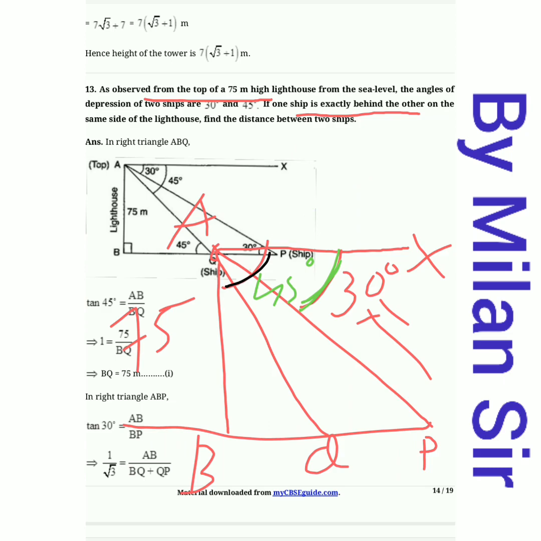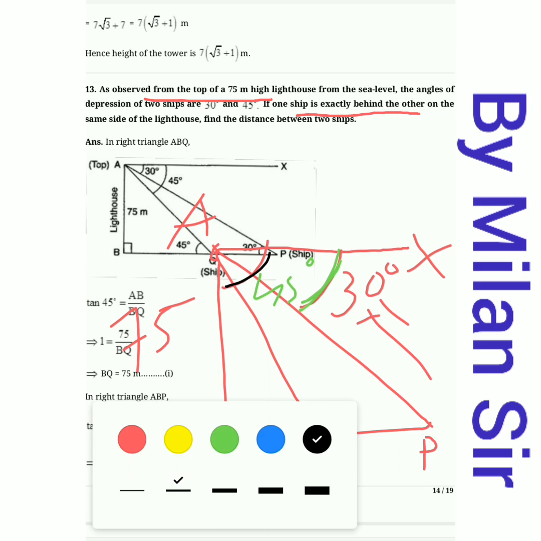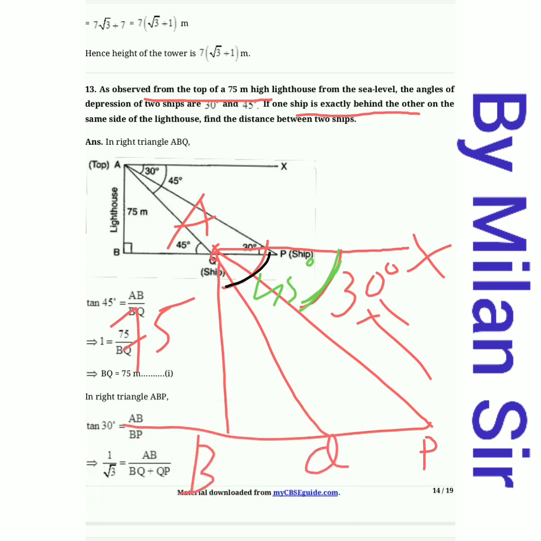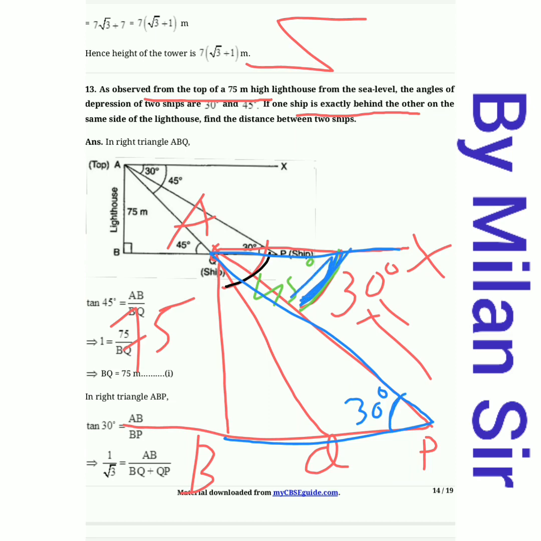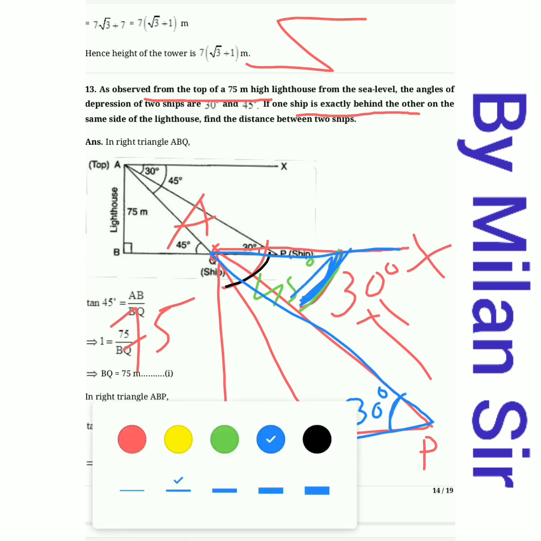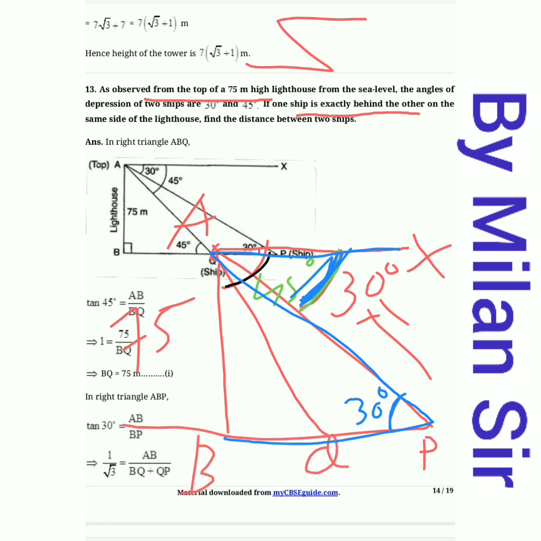Okay, now we can use here alternate interior angles, means a Z shape. Here a reverse Z is there, right? So here one Z is there. Here it's 30 degree. So angle APB is also 30 degree by alternate interior angles, right? Because here a reverse Z is formed. That's why if this angle is 30 degree, then the other one is also 30 degree. Angles between the same parallels, because AX is the horizontal level and BP is the horizontal level. Both are parallel. That's why.